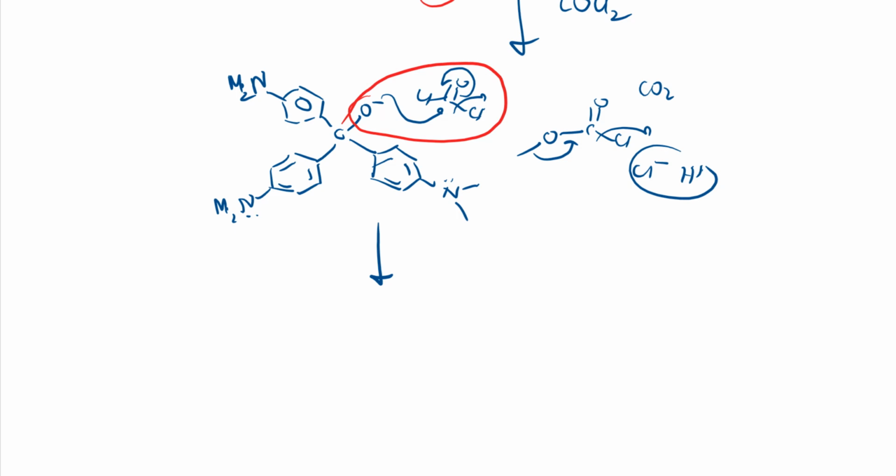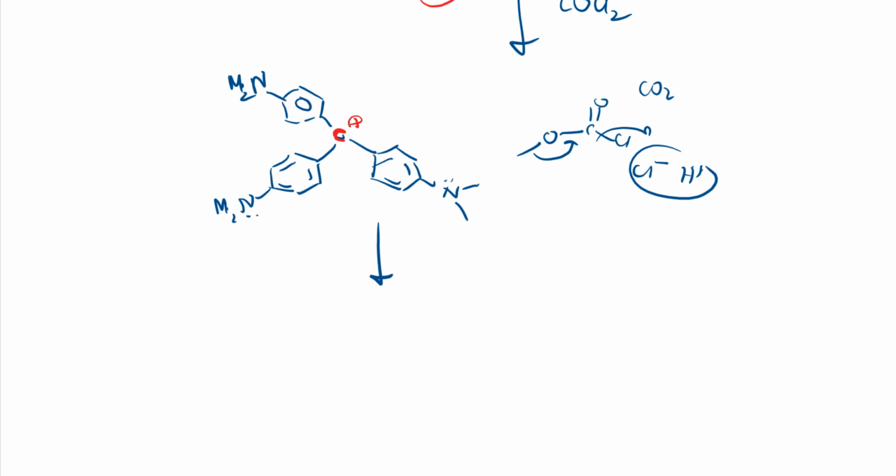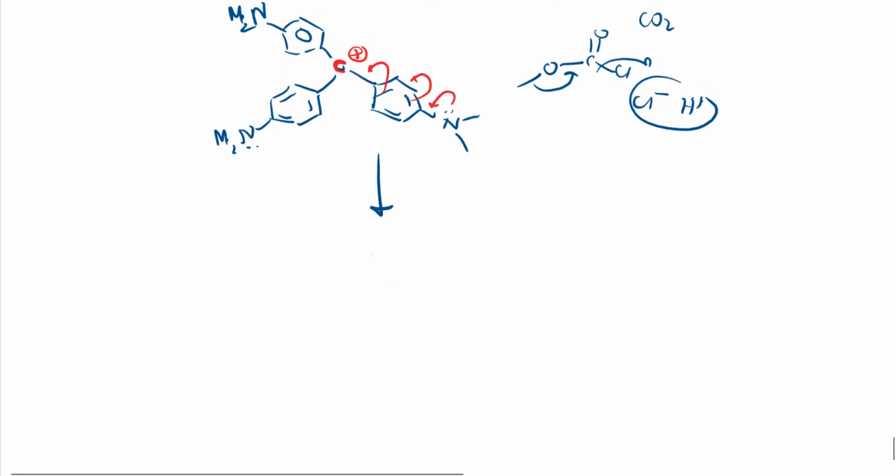If I remove all those things, this carbon is there and it gets a positive charge. Let me put that. I removed the other things, and just this carbon gets a positive charge. To remove that positive charge, what will it do? It undergoes resonance like this, and I'll get this structure.